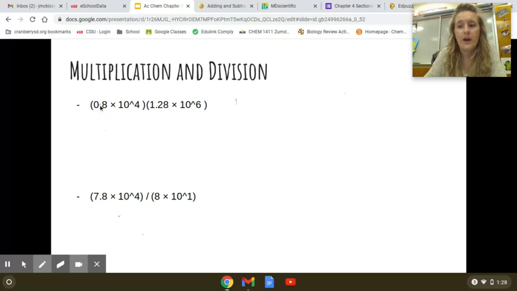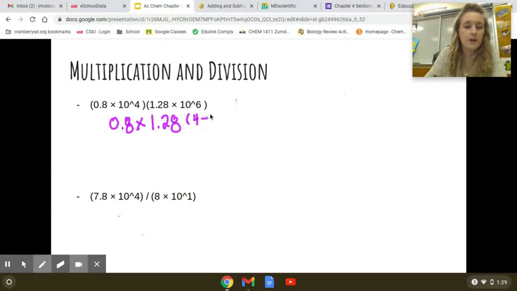No, because we don't have a whole number to the left of the decimal place. For this case, it's going to be fine because if it doesn't turn out right, we can just put it in scientific notation at the end. So don't bother fixing it now. So what we're going to do is take 0.8 times 1.28, and then we're going to have 4 plus 6 as the exponents. Or you should really have times 10. But we're just going to take this 0.8 times 1.28, and we're going to get